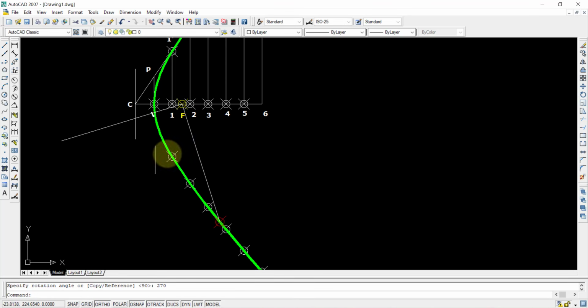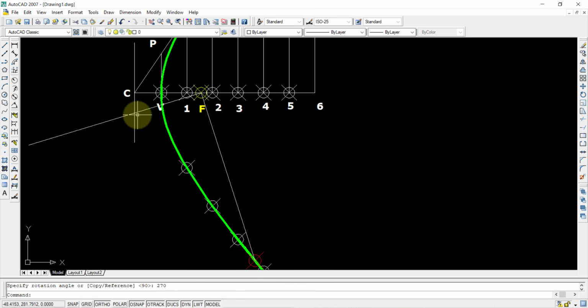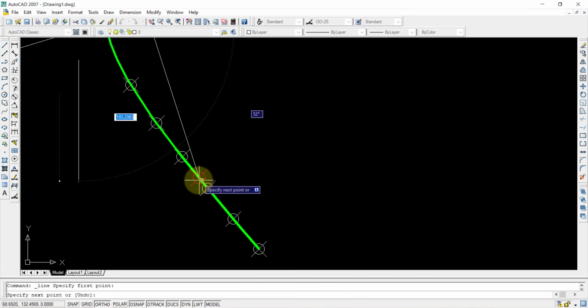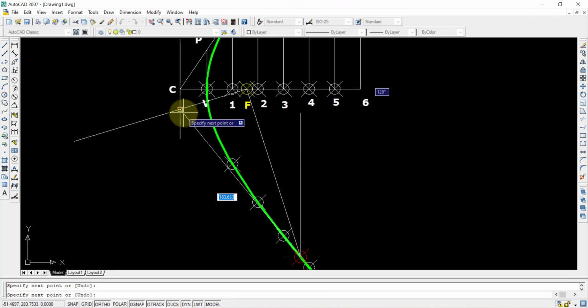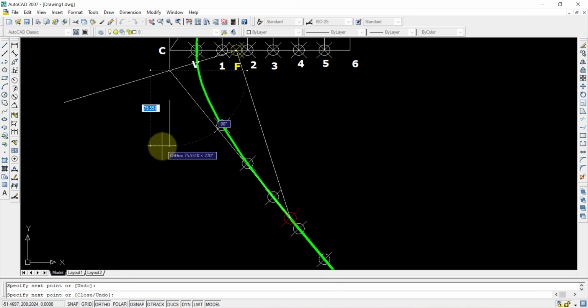It comes this side because I want this line to be cutting the directrix. So the directrix is what I require here. At this point it is cutting the directrix, so I'll select that point. From that point, if I draw a straight line until this straight line, this point which I have selected becomes the tangent, and any line drawn perpendicular to it becomes the normal.